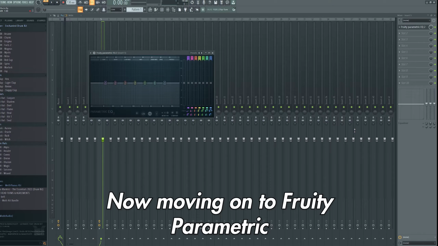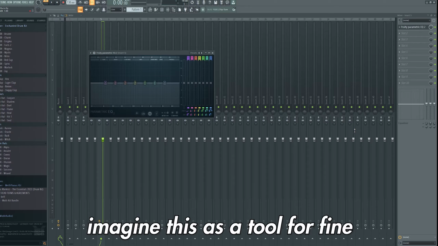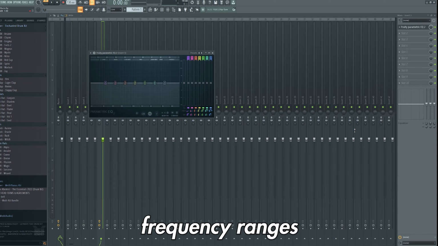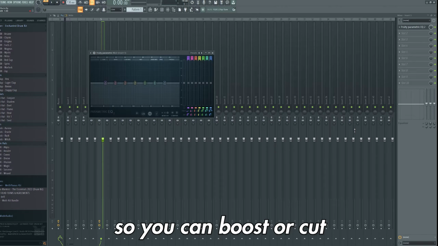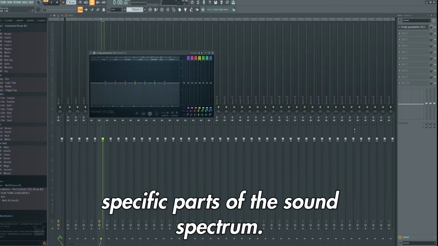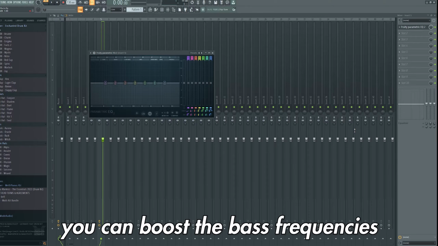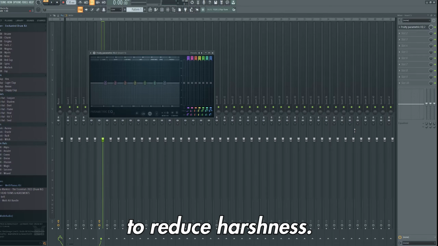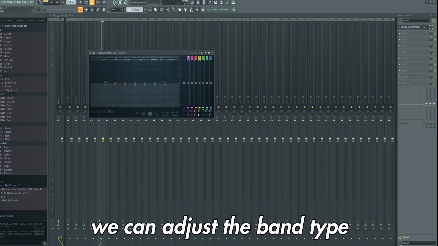Now moving on to Fruity Parametric EQ 2. Imagine this as a tool for fine-tuning the tone of your sound. It lets you adjust different frequency ranges so you can boost or cut specific parts of the sound spectrum. For example, you can boost the bass frequencies to make a kick drum punchier, or cut the high frequencies to reduce harshness. By clicking on these buttons up here, we can adjust the band type